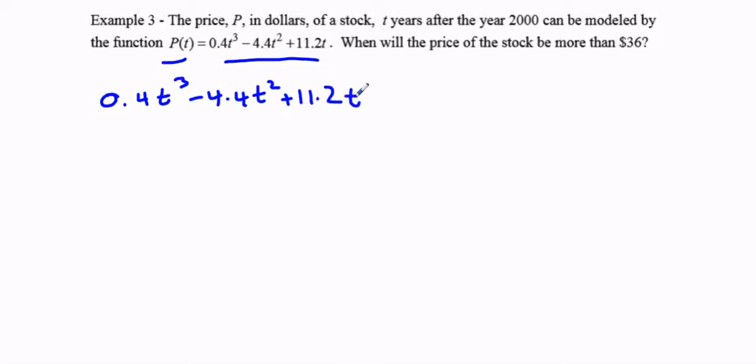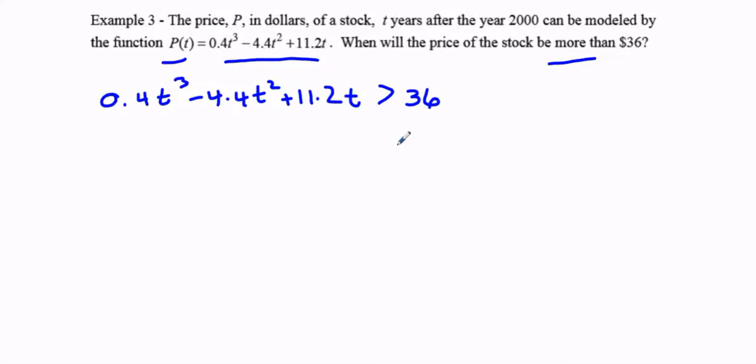All right, so this function here represents the price of the stock. So I'm just going to write that down. And it's saying the price of the stock, we want to find the T value when the price of the stock is greater than $36, more than $36. That's greater than. Okay? Watch your wording, because if I had said, when will the price of the stock be